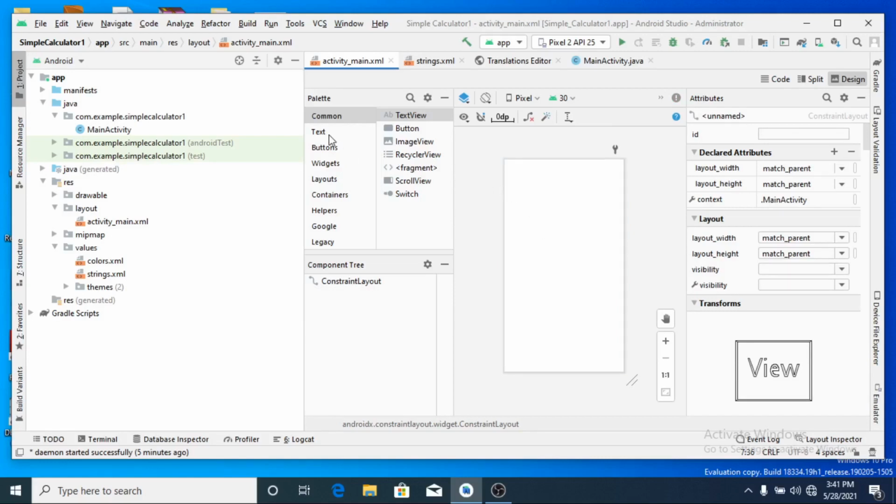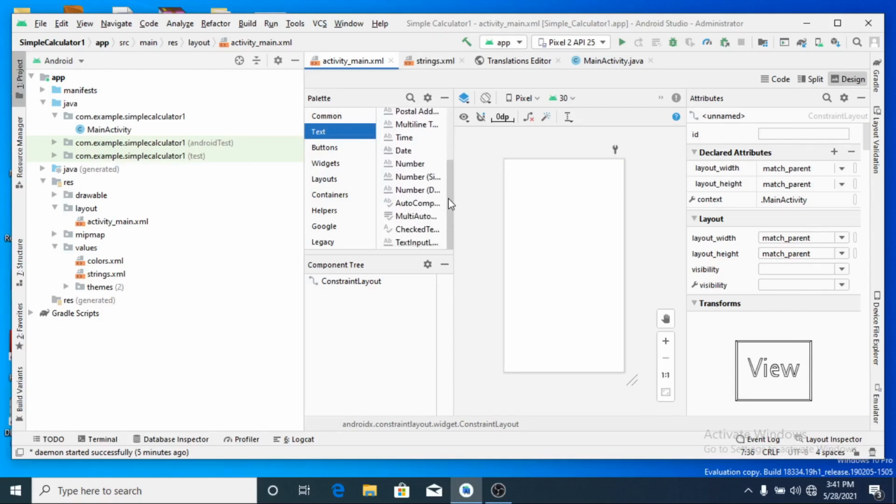First go to text, and there I want edit text. I want edit text, and there actually I want number, so that I can use that for taking initial values, that means number 1 and number 2, and operate upon that.